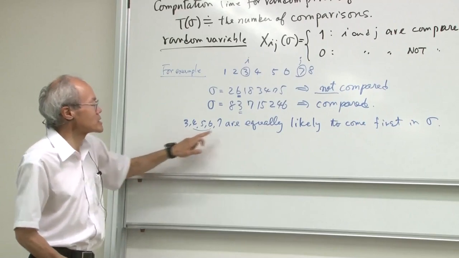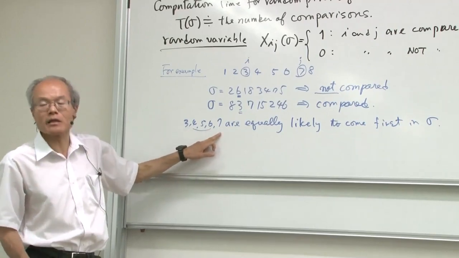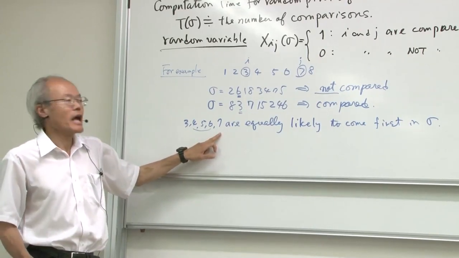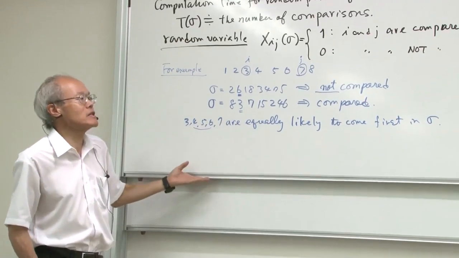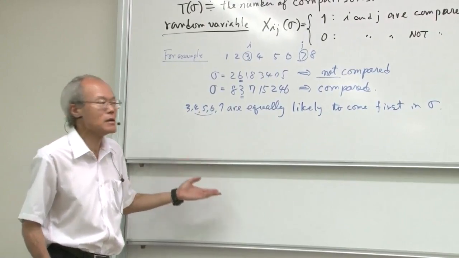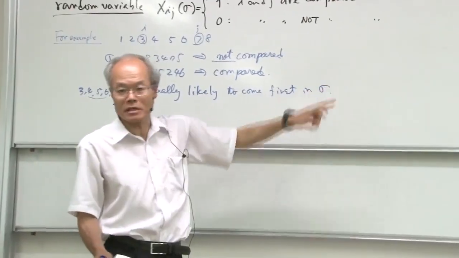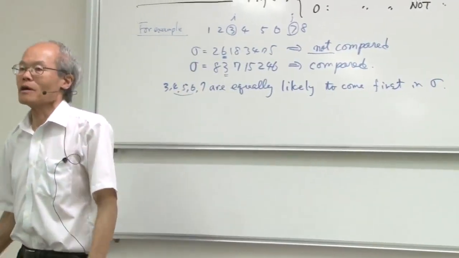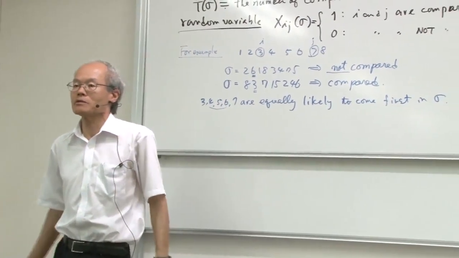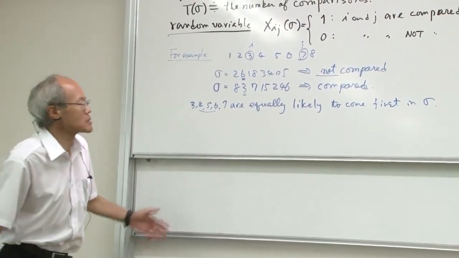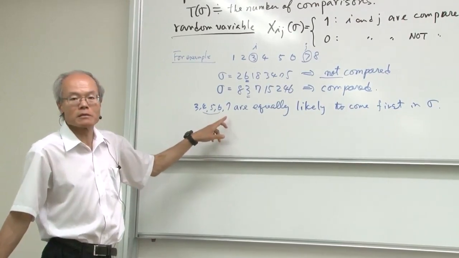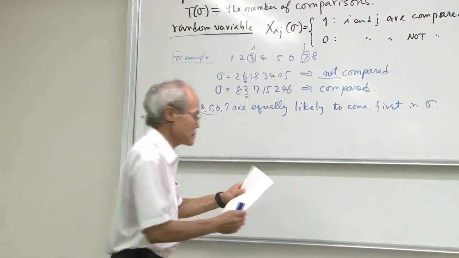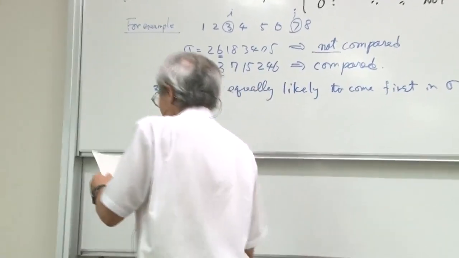If 3 or 7 comes first, then they are compared. And those numbers are equally likely to come first in sigma, because sigma is a completely random permutation. So it's completely equally likely which number comes first. That means